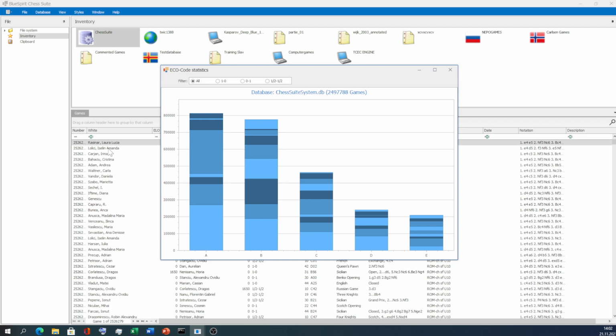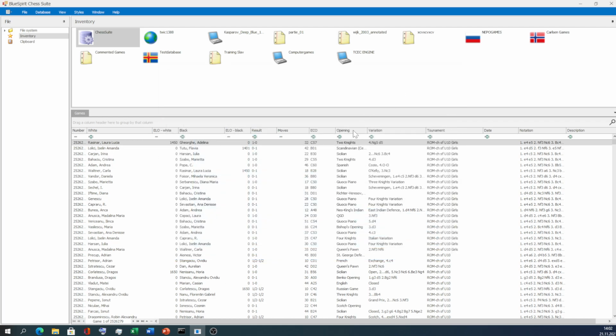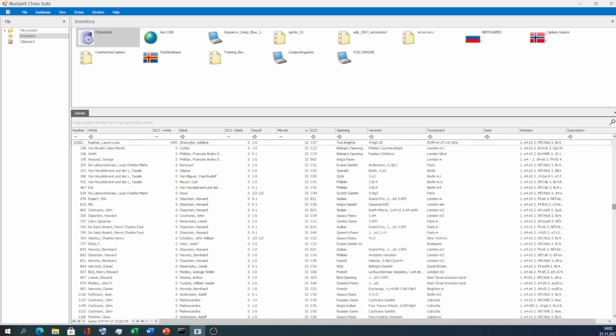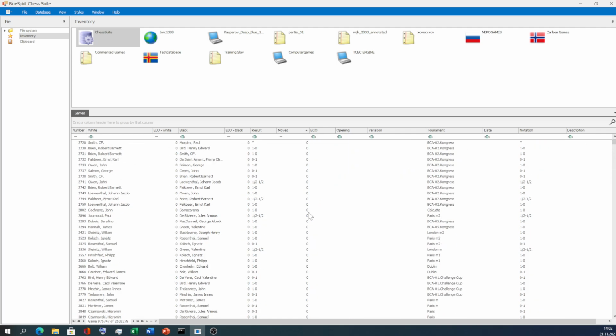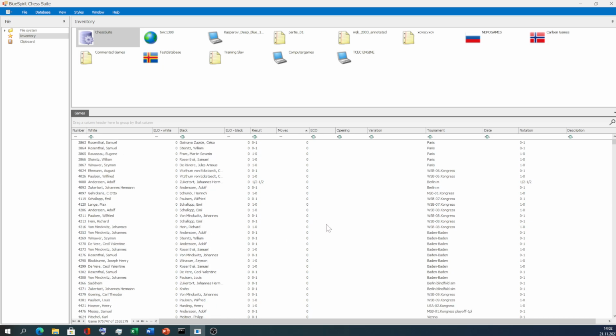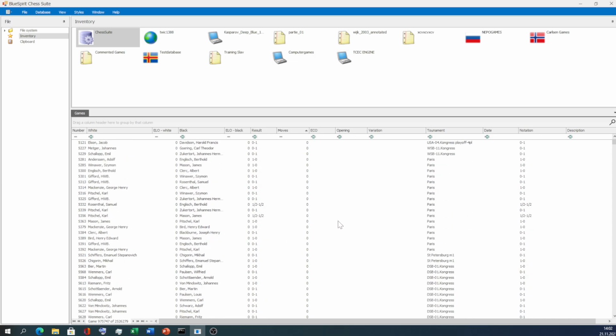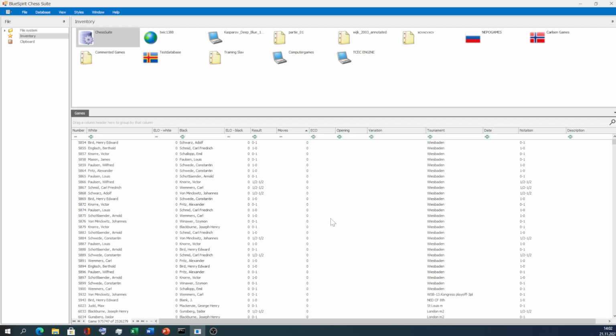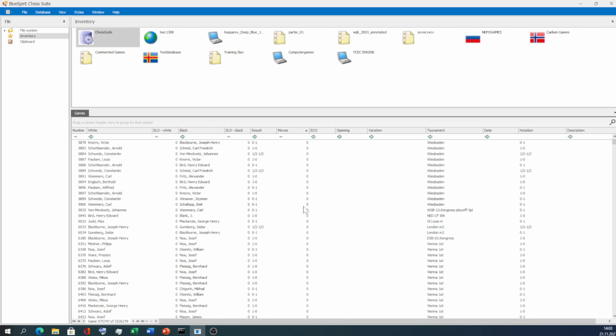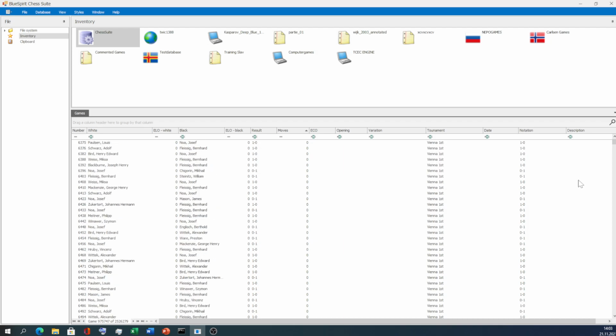But in some games there are no moves inside, and as we can see here, you go to moves and you can see a lot of games here, and there's no possibility to resolve an ECO code by all this crap here. So this one can simply be deleted, because it doesn't make sense to have all this crap in your database. But just to show you,